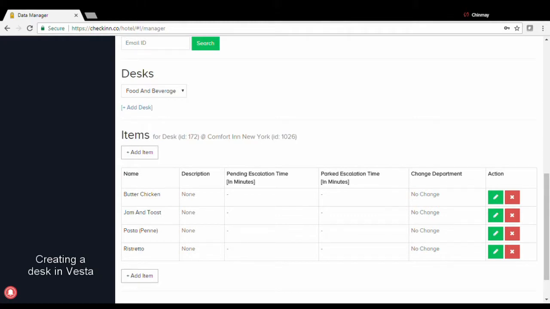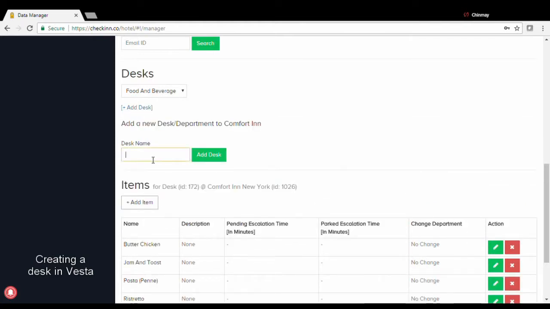Once you're satisfied with all the desks and all the items allocated to each desk in the system, you can now move to creating your own desk in Vesta. For example, let's say we have to create a new desk called Store. You simply click on the Add Desk button, type the desk name,